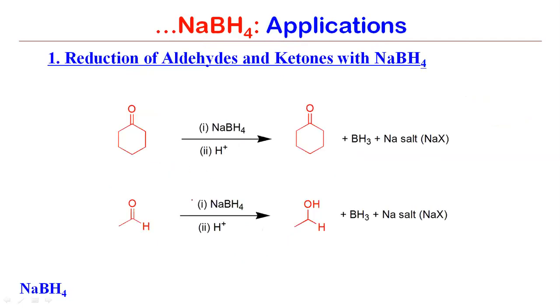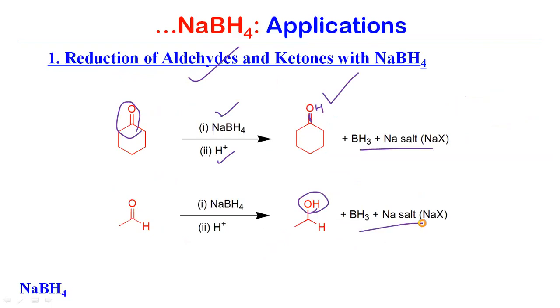All right, so let's talk about the applications. The first application, as we have mentioned, is the reduction of carbonyl. We have this carbonyl functionality here. We use sodium borohydride and then protonation. Oh, sorry, this is an alcohol actually. I forgot to mention, this must be OH. So we get the secondary alcohol. Then with an aldehyde, we get the primary alcohol. These are the side products which we are not going to discuss.